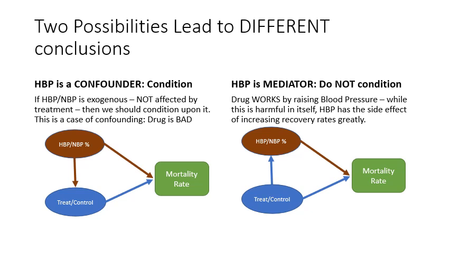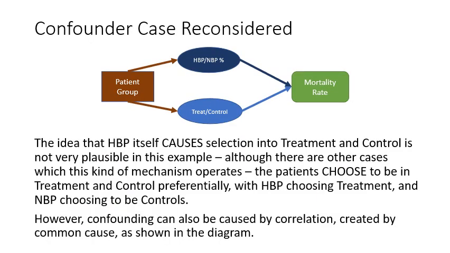Because when you want to calculate the effect of the drug, you want to calculate both channels, the direct and the indirect. So the answer to the question of whether we should look at the subgroup rates and conclude that the drug is bad, or whether we should look at the overall rates and conclude that the drug is good, depends on the causal relationship between high blood pressure and treatment and control. In one direction, the overall result becomes better, and in the other, the subgroup result becomes the correct and reliable result. We've already discussed confounding earlier, and we will discuss it again in the next lecture,